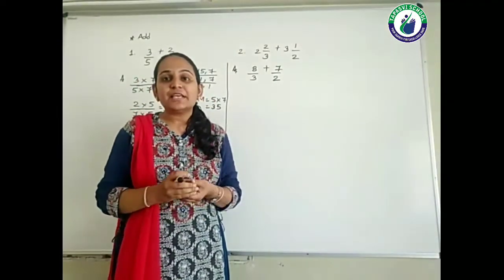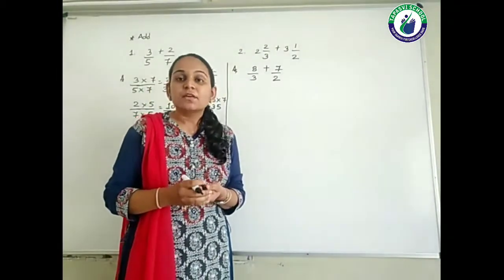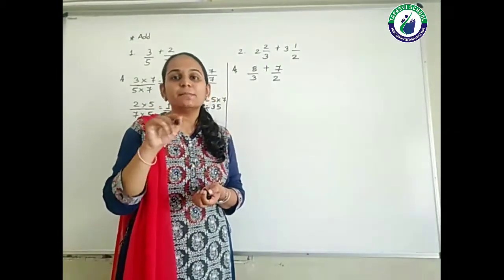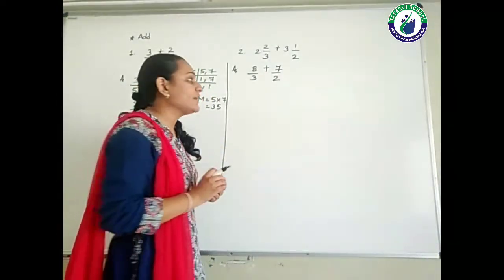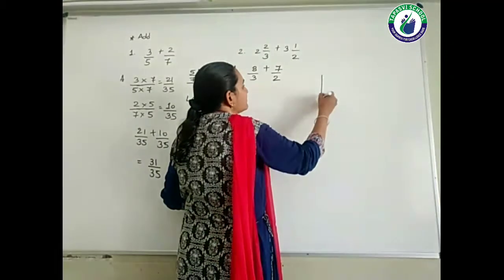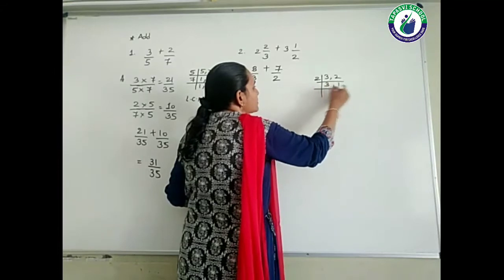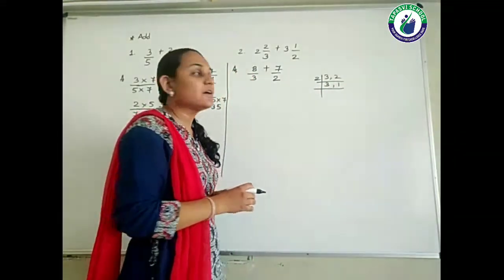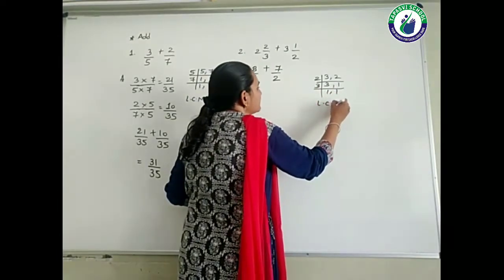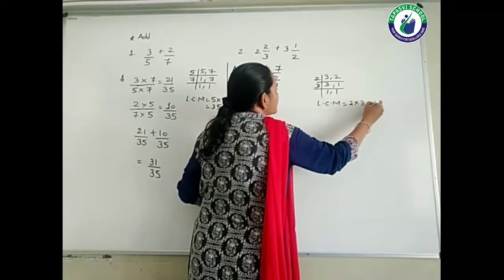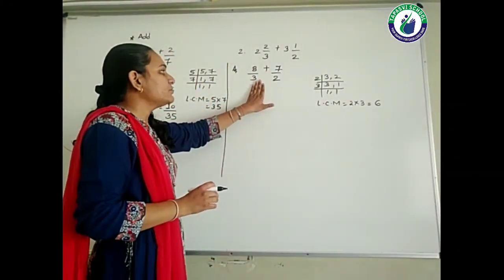So directly you can say, ma'am, the LCM of 3 and 2 will be 6, right? Because both numbers are prime numbers, you can multiply them and find the LCM. Still, for you I am finding the LCM here. 2 ones are 2, because 2 comes only in the 2 table. Now 3 ones are 3. So the LCM is 2 into 3, which is equal to 6. Clear, students? Now I am going to solve this.